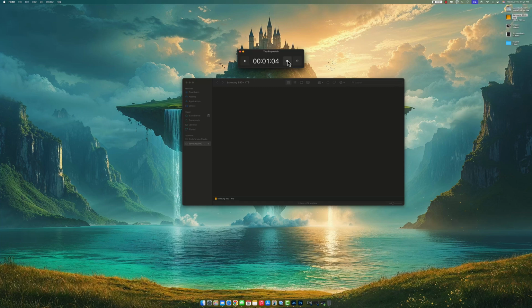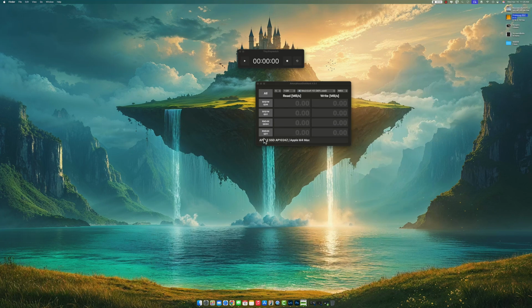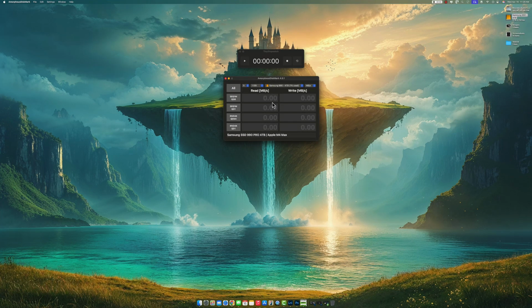Let me just stop this timer over here. All right, so you can see that the drive is actually empty. First what we're going to do now is open up Disk Mark. I'm going to use that. So I'll close this, and then I'm just going to select the drive and choose. Once it's selected, I'm going to start it here and see how much speed I get. And I'm getting about 7,040 on this. And on the right, I'm getting about